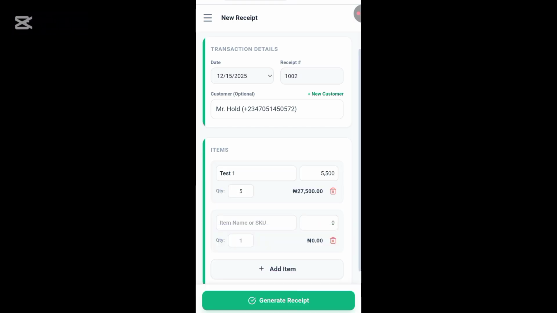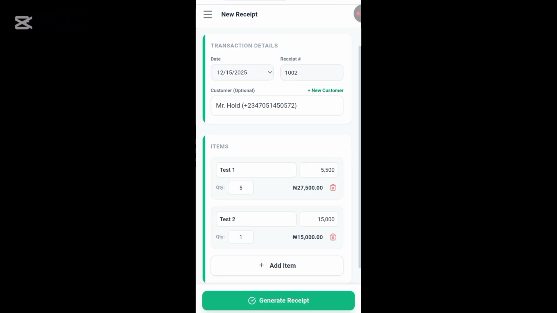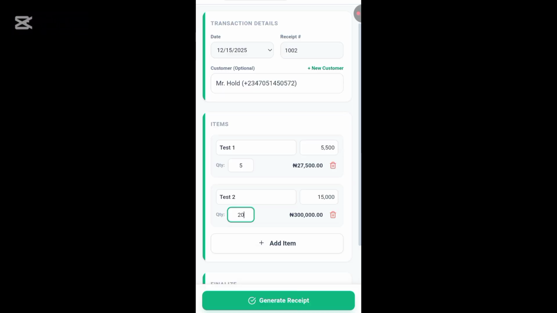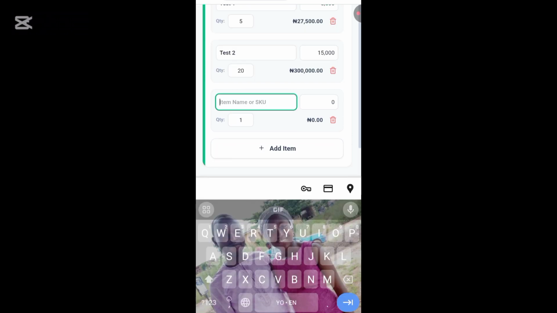Then I click on add item to add another item. So let's say I also want to sell test 2, and I want to sell maybe 20 of that. Okay, so let's say I want to also sell another item that is not already saved. So when I click on add item, let's say I want to add